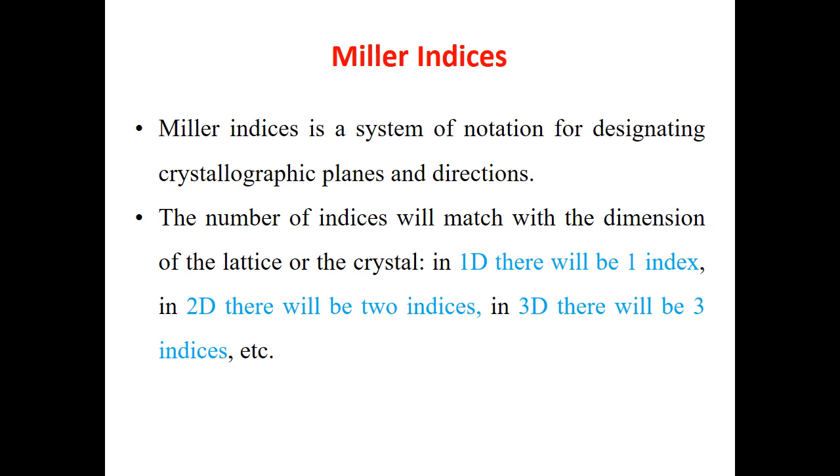Now, a set of three integers or indices known as Miller indices are the shorthand notation used to describe crystallographic directions and planes. The basis for determining the index values is the unit cell with a coordinate system having three axes along the edges situated at one of the corners. For some unit cells, there is rhombohedral, monoclinic, triclinic and hexagonal. The three axes are not mutually perpendicular as in the familiar Cartesian system.